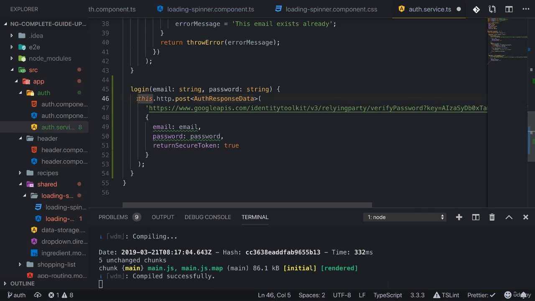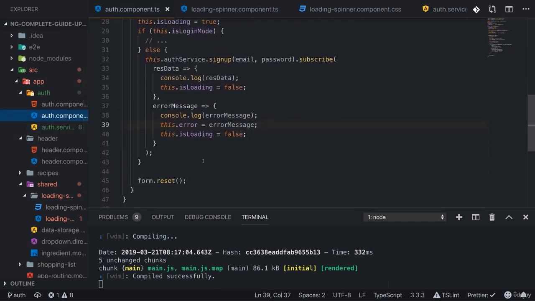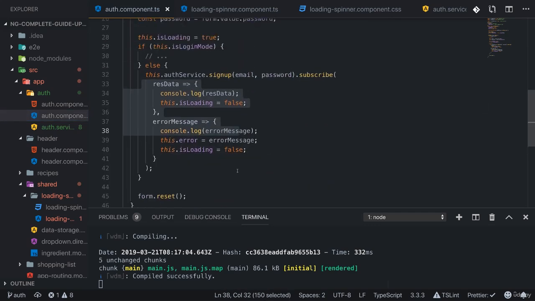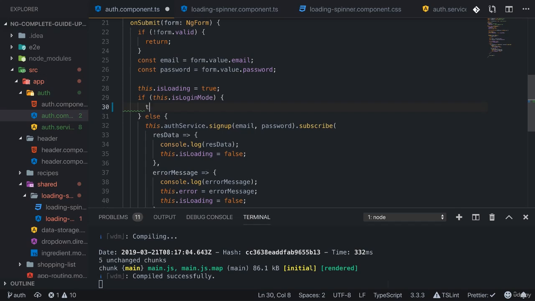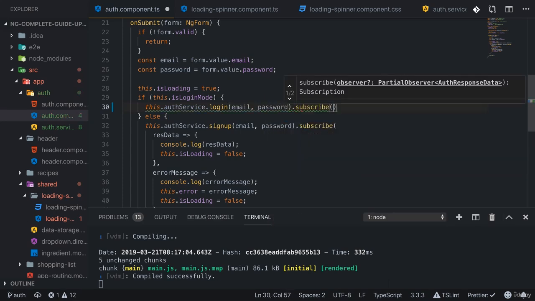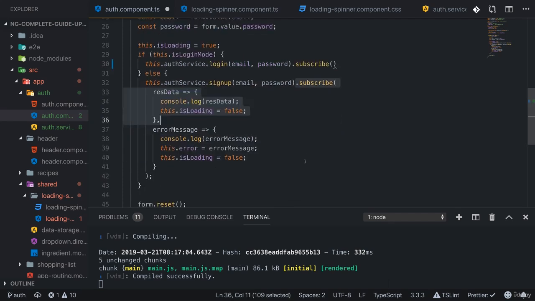Now, just as for signing up, I want to return this observable so that we only prepare it here, but we can then subscribe in our auth component. And therefore now in the auth component, here we have our logic for sending that sign up request. In the isLogin mode, we therefore now can reach out to auth service login and also forward email and password here. And then we have pretty much the same logic as down there. So I can grab this